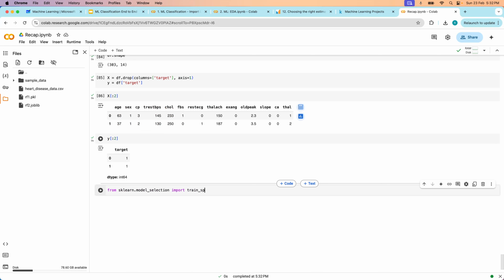I'm splitting the data. Okay, and import numpy as np. I have already covered all of these in my previous videos. Please do watch. X_train, X_test, y_train, y_test is equal to